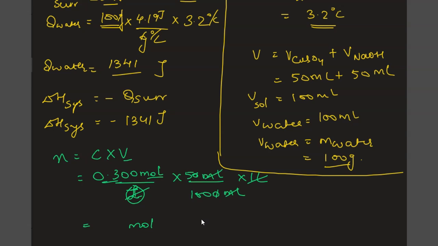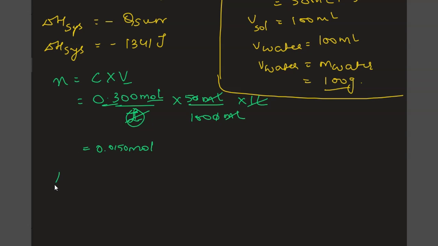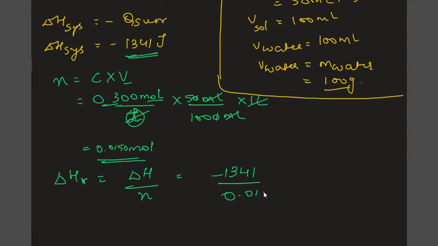0.300 multiplied by 5 divided by 100 gives us 0.0150 moles. Now all we have to do is get our delta HR, and we know from the previous videos that delta HR is delta H divided by the number of moles. Delta H that we have found out is negative 1341 divided by the number of moles we have just found out, which is 0.0150. We put this on the calculator and we get, now since this is in joules and this is moles, we get negative